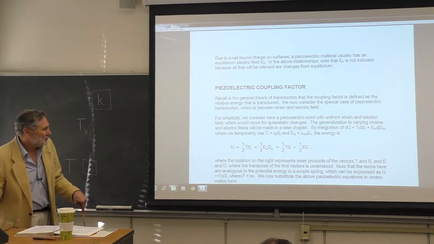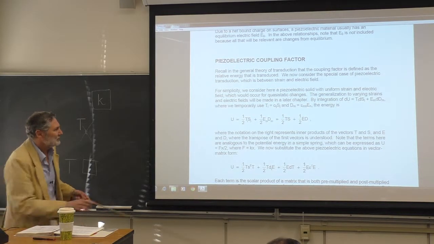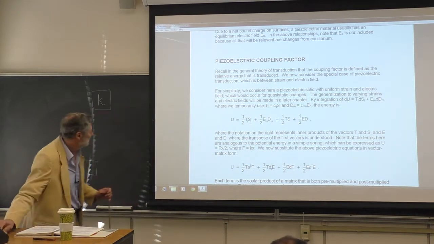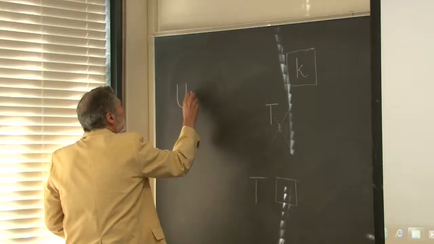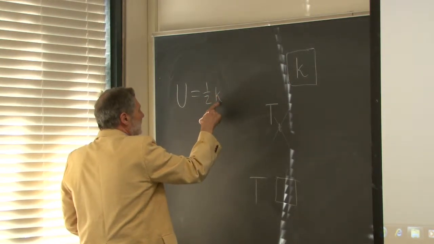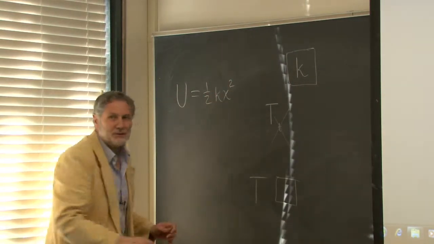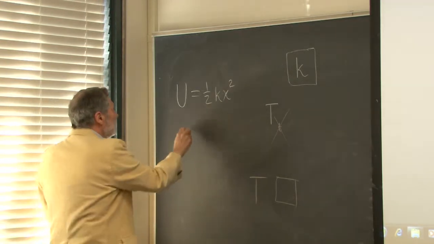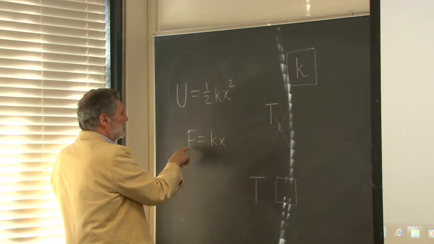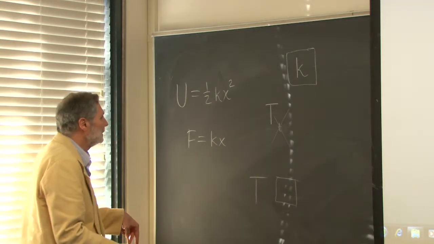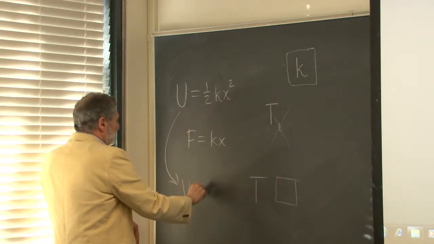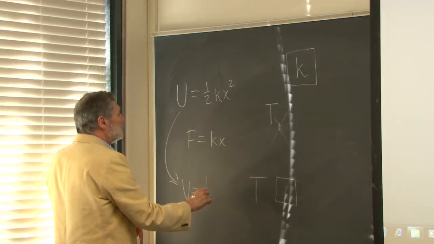And we don't normally think of this, but you can do the same thing for a spring here. The energy in a spring is, right, 1/2, where K is the stiffness here, right? We all know this, it's 1/2 kx squared. We know that the force on the spring, so I don't want to worry about the minus sign here, is given by that. So from these two expressions, you can write